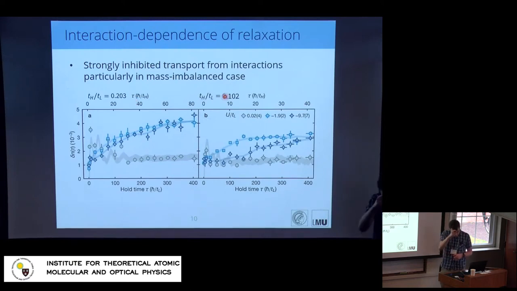And here what we find is that as we look at different scenarios with respect to interaction, the gray curve being the non-interacting case, and then different interaction strengths, so either U over T of 2 or 10 essentially for the light and the dark blue cases, you can see very different